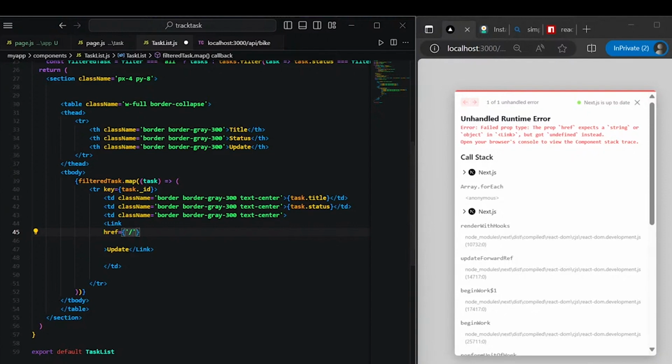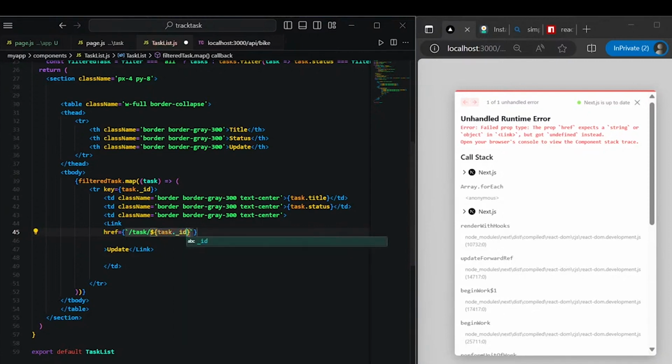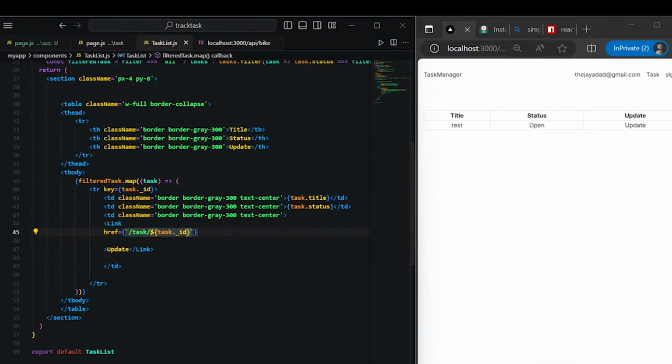So that endpoint for this, it actually won't be those. It'll be the backticks /task and the $, and we'll go task dot underscore ID. And if we save that,